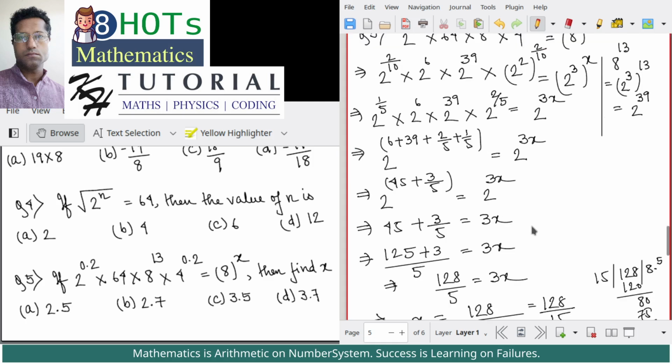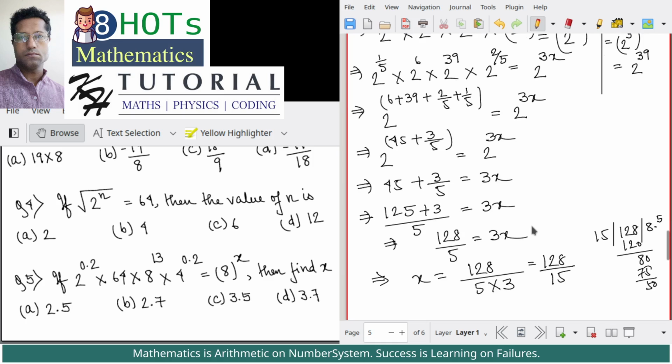Okay, which means 2 to the power 39 plus 6 is 45, 45 plus 3 by 5 is equal to 2 to the power 3x, which means we can equate the power, which means 45 plus 3 by 5 is equal to 3x. Simplifying 45 plus 3 by 5 is,